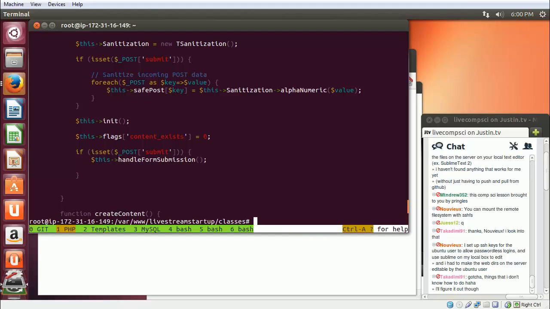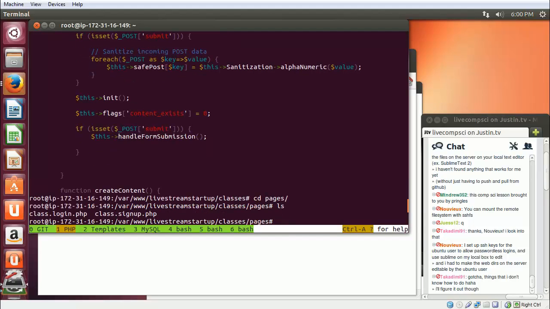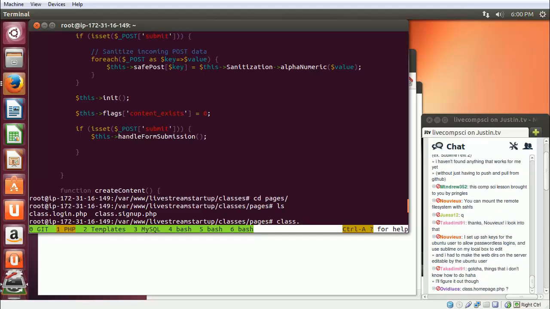If the class name is homepage, what will the file that I'm going to create be called? Does anyone know? Remember, the require statement basically says I'm looking for a file called, yes, exactly,